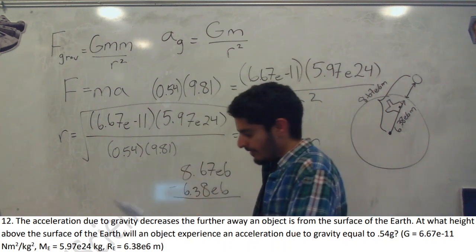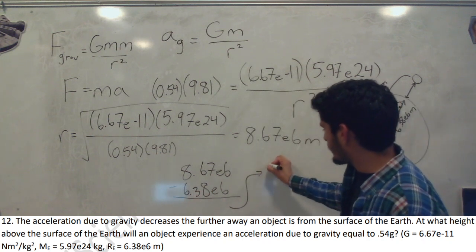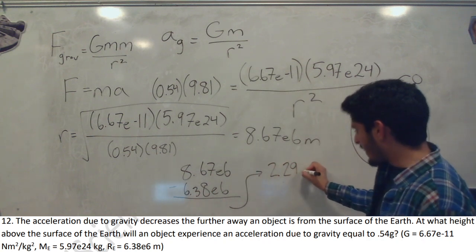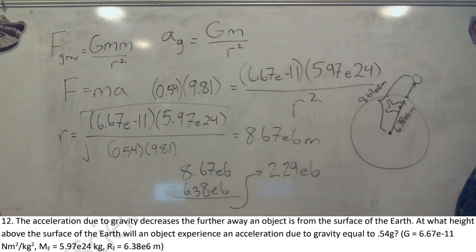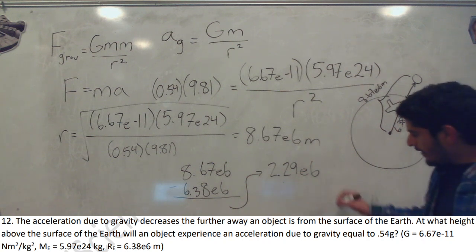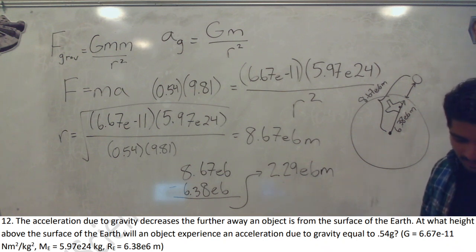So you should get, I don't think you can see down there, so I'll do it up here. You should get 2.29, and still E6. That E6 doesn't change when you're subtracting things with the same exponent. So you also might be wondering, well, we just found meters, but our answer choices are all in